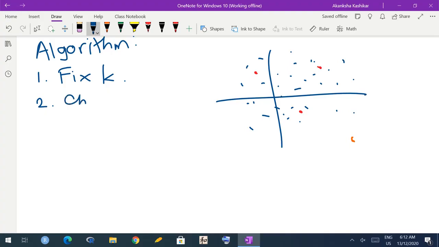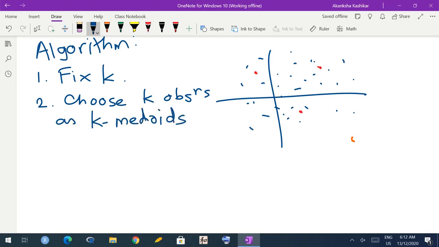Okay, so choose K observations as K-Medoids. So this step is like K-means, but instead of choosing anything arbitrary, we are choosing observations. So let me say this is my first Medoid, this observation. Suppose this is my second Medoid, this is my third Medoid, this observation. So now that I have chosen Medoids,